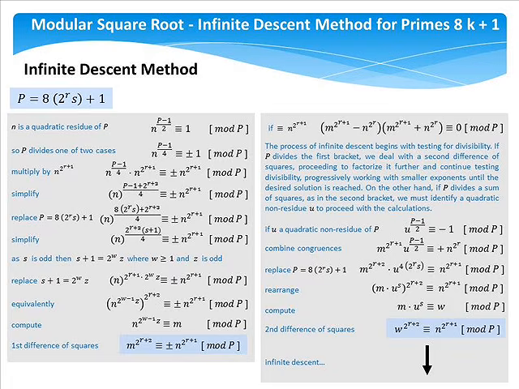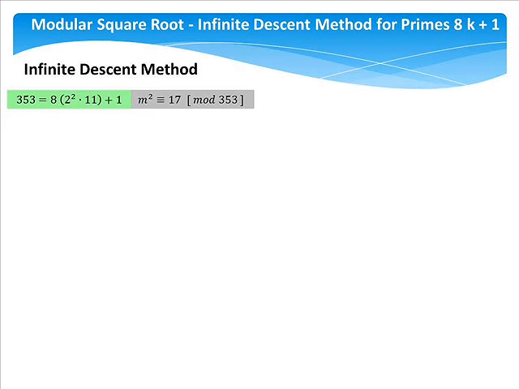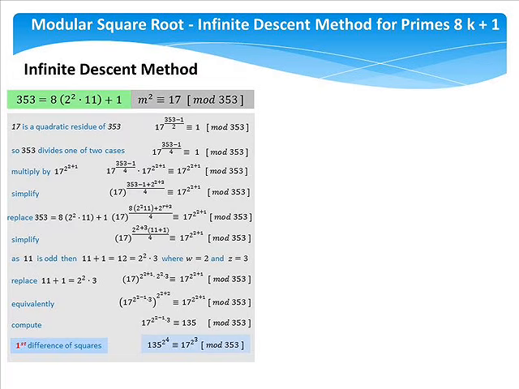This recursive process illustrates how infinite descent works, systematically reducing exponents and simplifying the congruence step by step. As you may have noticed, these congruences are essential for implementing the infinite descent method. Next, we'll delve into a detailed example, followed by a condensed version to showcase the method's efficiency. Now, let's compute the modular square root of 17 modulo prime 353. Using the previously outlined procedure, and as 353 divides 17 raised to (353 minus 1)/4 minus 1,